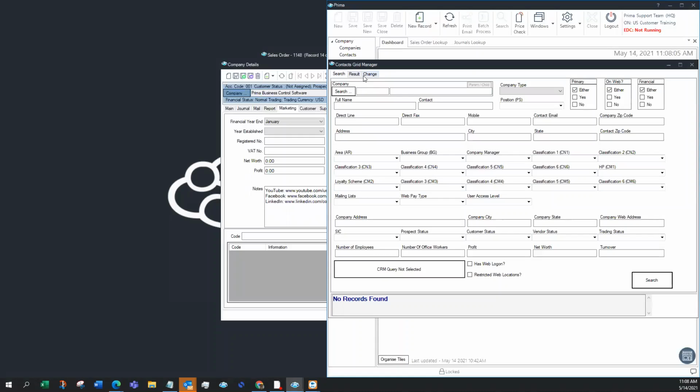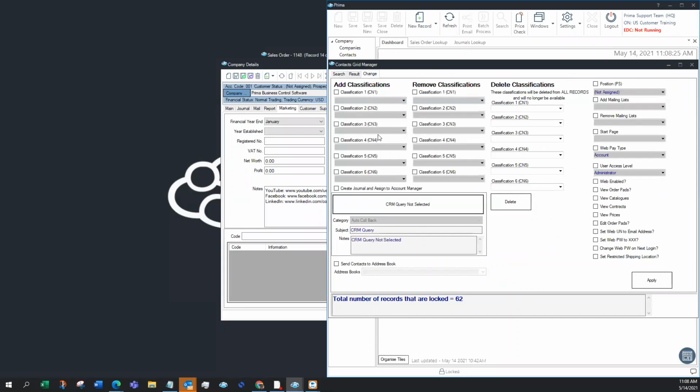As in the company grid manager, the contact grid manager has some of the similar options here, where you can sort by business group. In this case, we'll be sorting by government classifications, as well as all the other parameters that are available for contacts. Clicking search, we can get a few options, and we can add and remove those classifications, as well as make